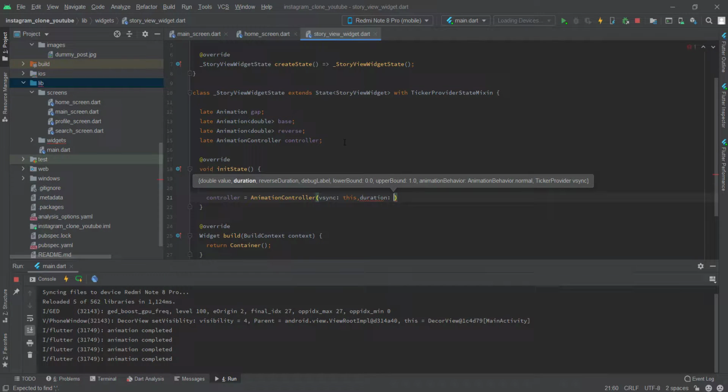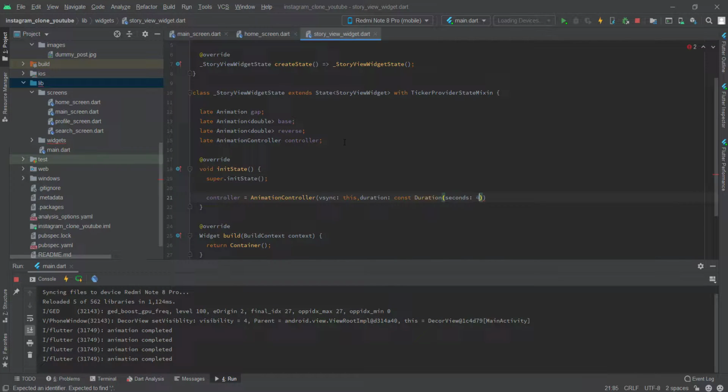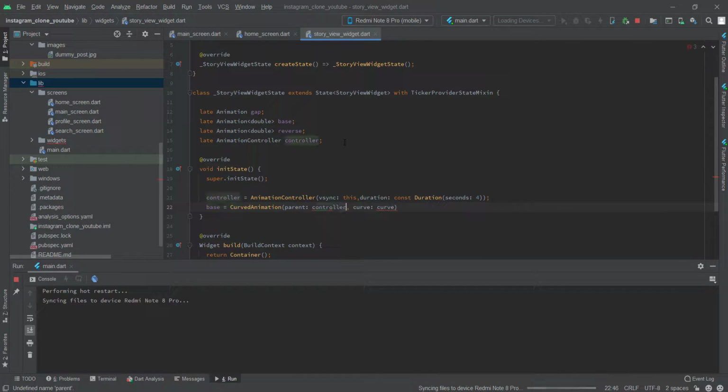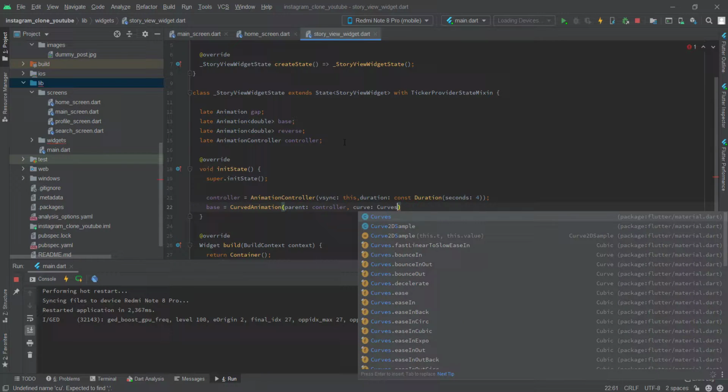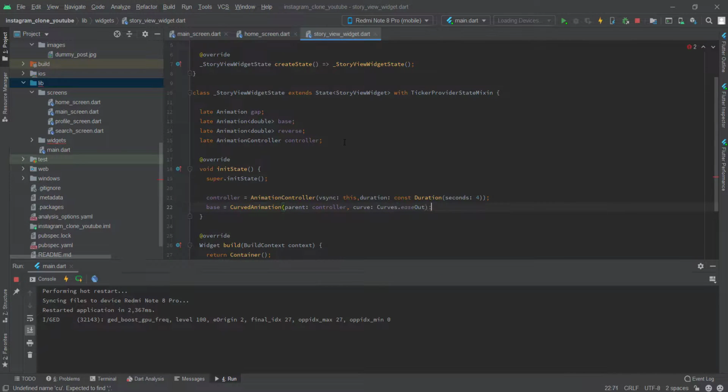Duration will be const Duration, seconds: 4, so the animation will be of 4 seconds. After that base CurvedAnimation, parent will be controller, and curve will be Curves.easeOut, like this. And reverse